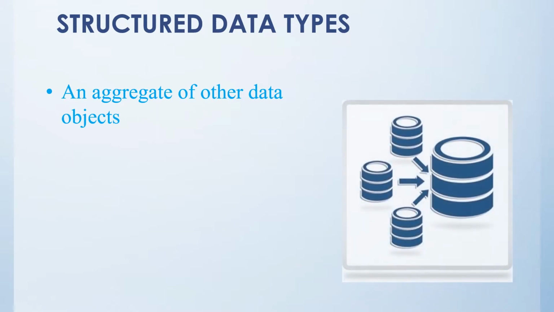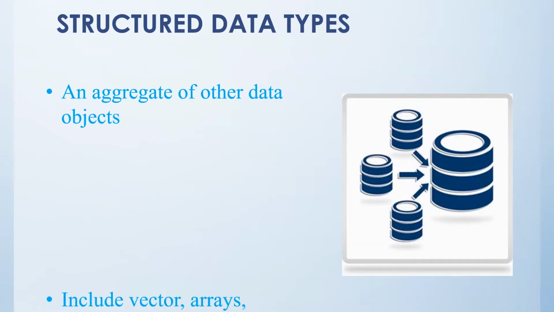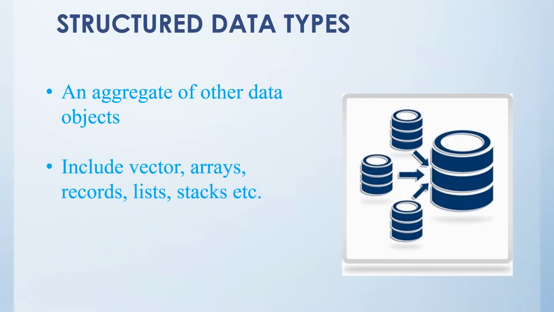Next category, structured data types. A data object that is constructed as an aggregate of other data objects called components is termed as a structured data object or data structure. A component may be elementary or it may be another data structure. The structured data types include vectors, arrays, records, lists, stacks, etc. So, first of all, let's discuss